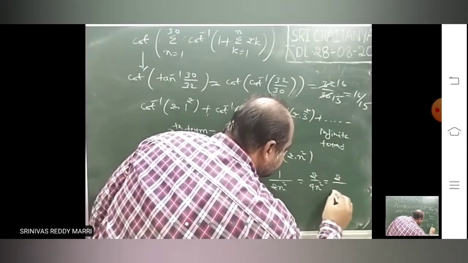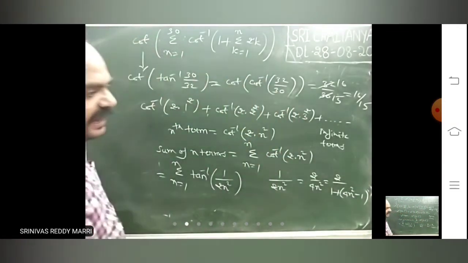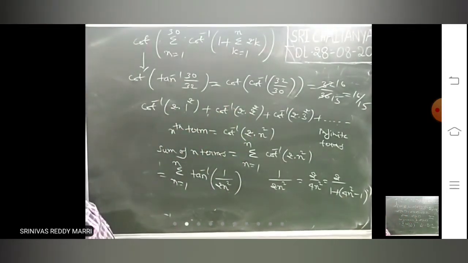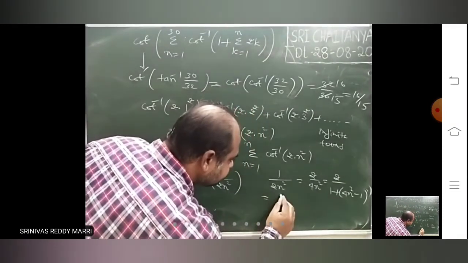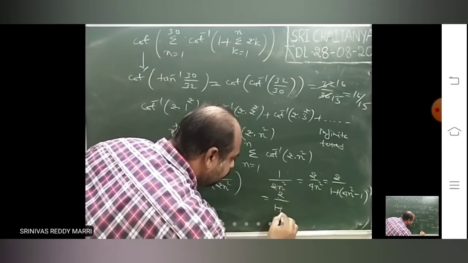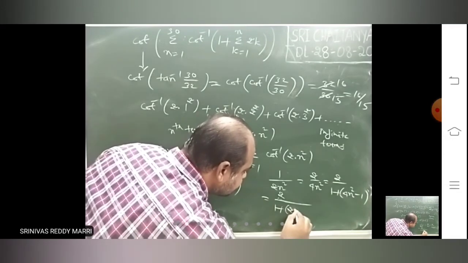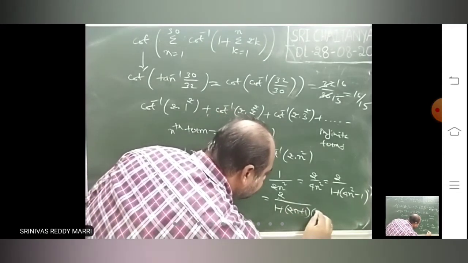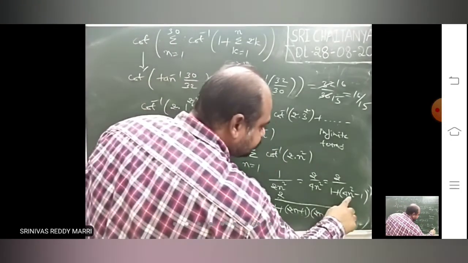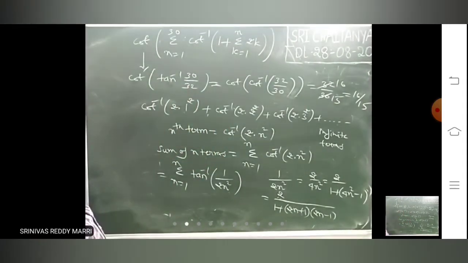Now in the denominator 1 I am adding, 1 I am subtracting. 1 plus xy I have to write first. 1 I have added, 1 I have subtracted. So now this is 2 by 1 plus, this is 4n square minus 1, means 2n plus 1 into 2n minus 1, a plus b into a minus b. So this is 2n whole square minus 1. That means a plus b into a minus b.